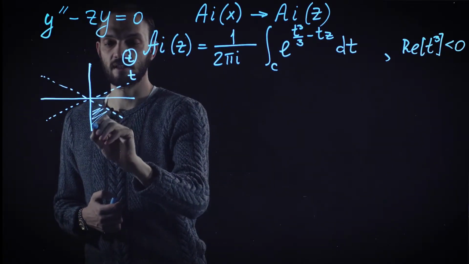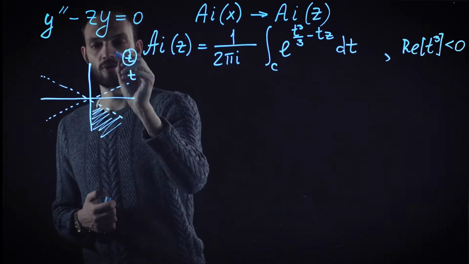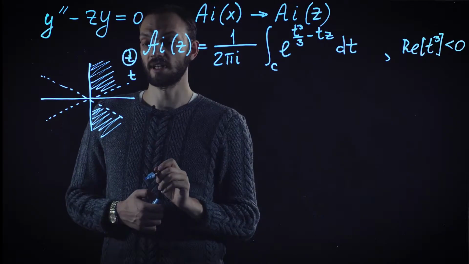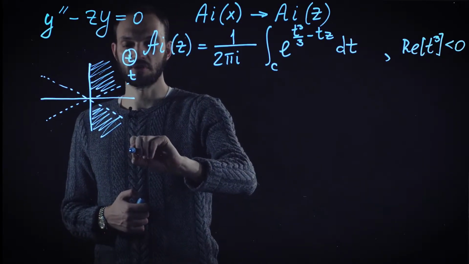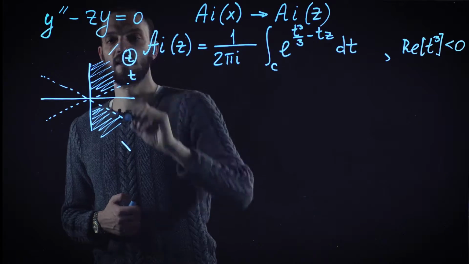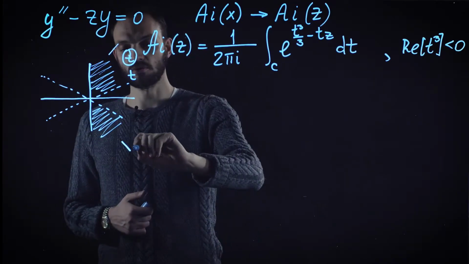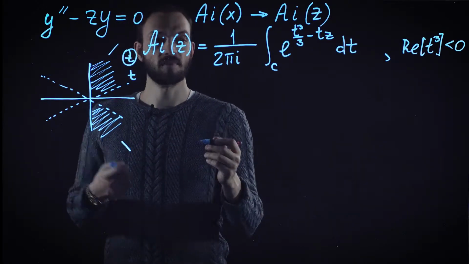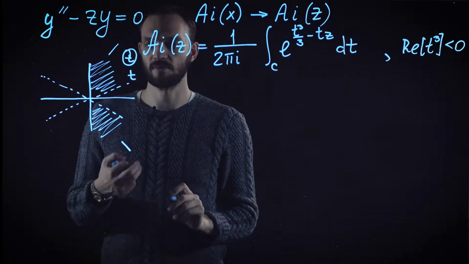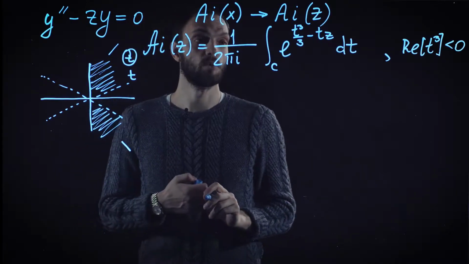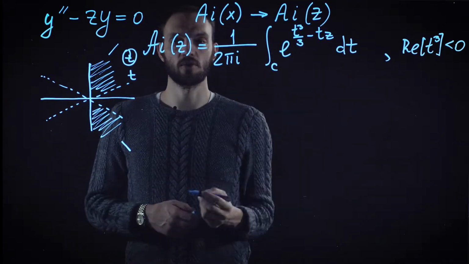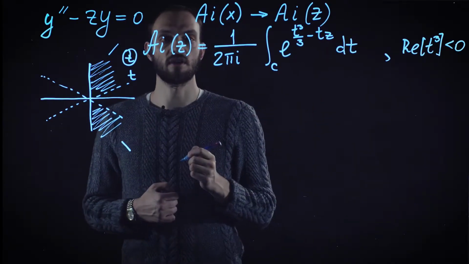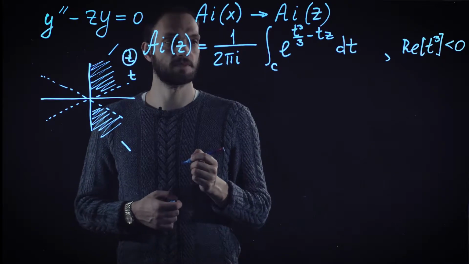It happens that the choice of the contour which corresponds to the Airy function as we got used to know it corresponds to the contour which goes to infinity in those defined sectors. So any contour which has ends which go to infinity in the dashed sectors leads upon the integration to the Airy function with which we are well familiar. But this definition allows for analytical continuation in the entire complex plane of Z.